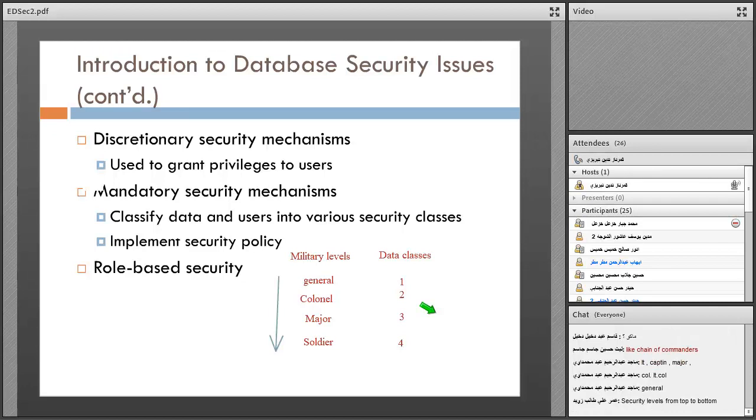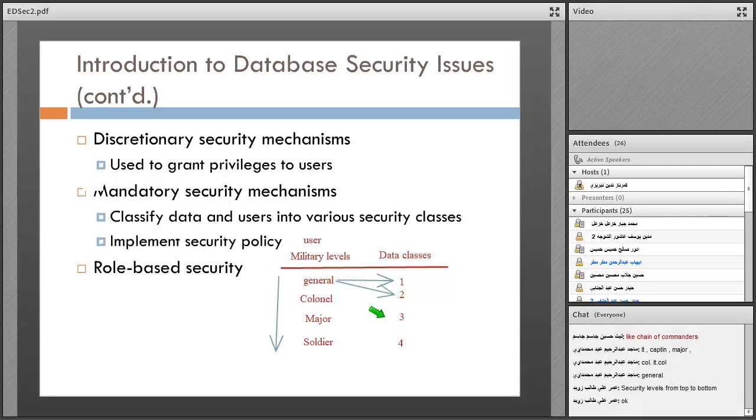The security levels in data classes are the same as the military levels that we have here. Then we can define very precisely, and with no doubt, the access of the users. Military levels we use to define the levels of users. And we say that, okay, the general can have access to all these four.